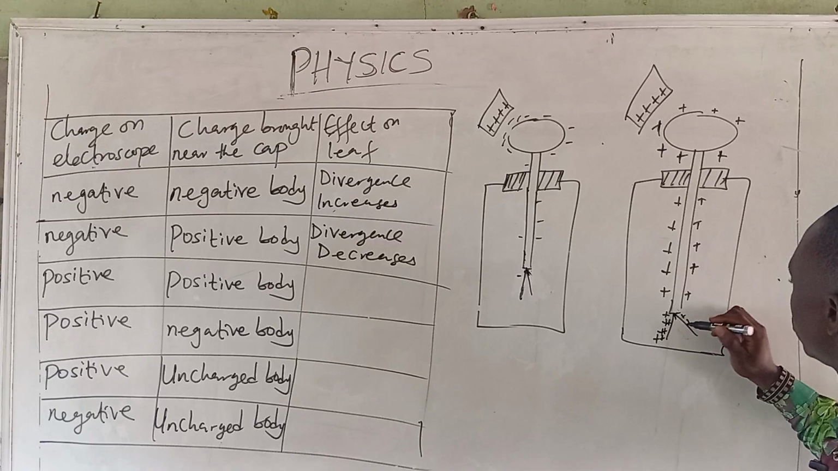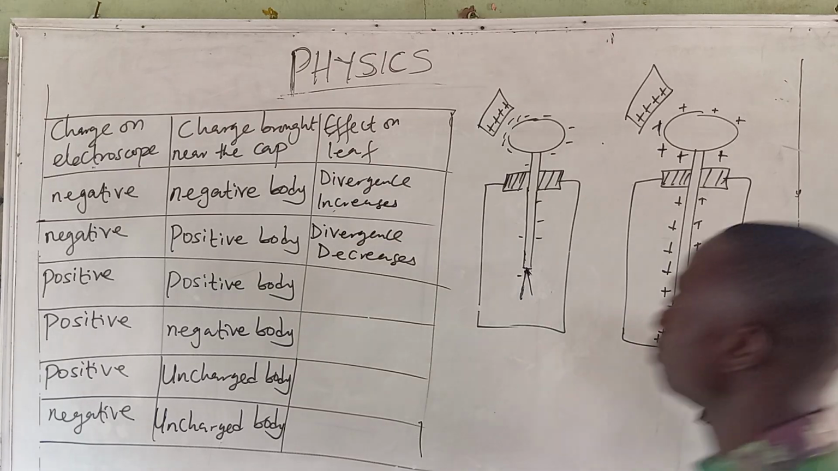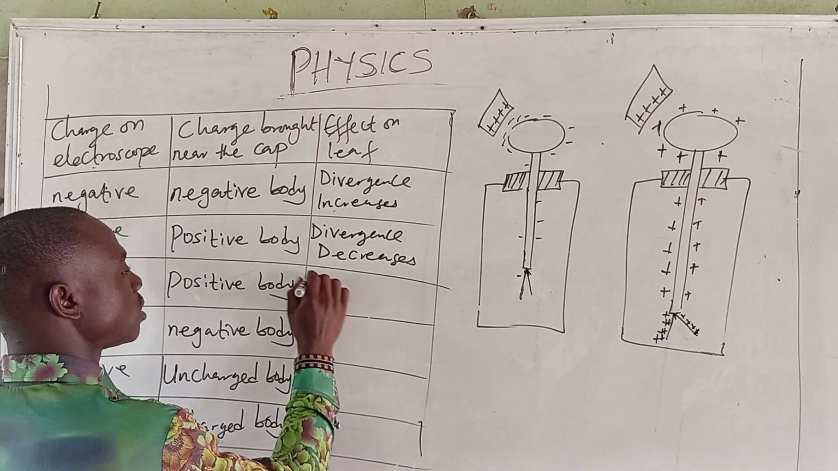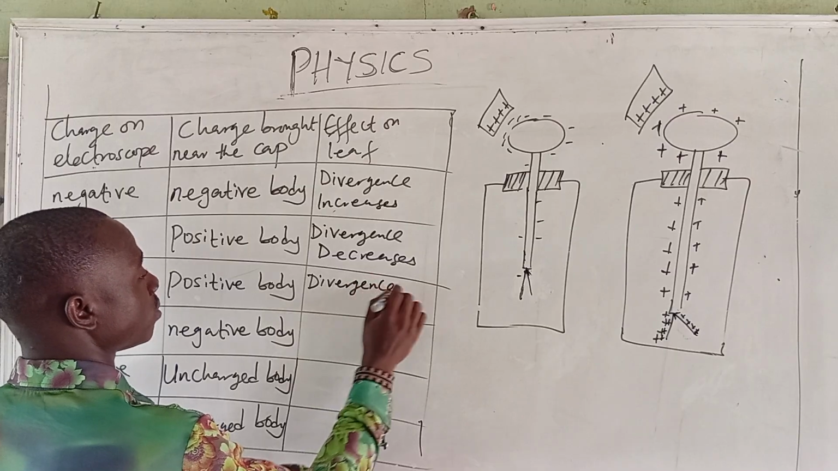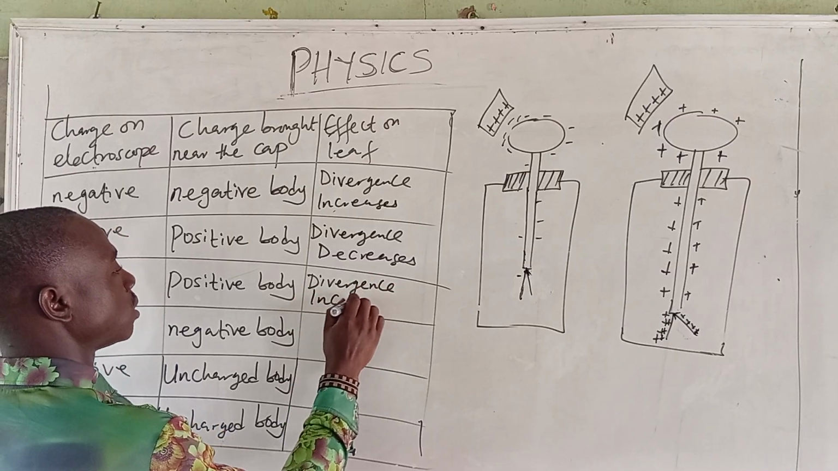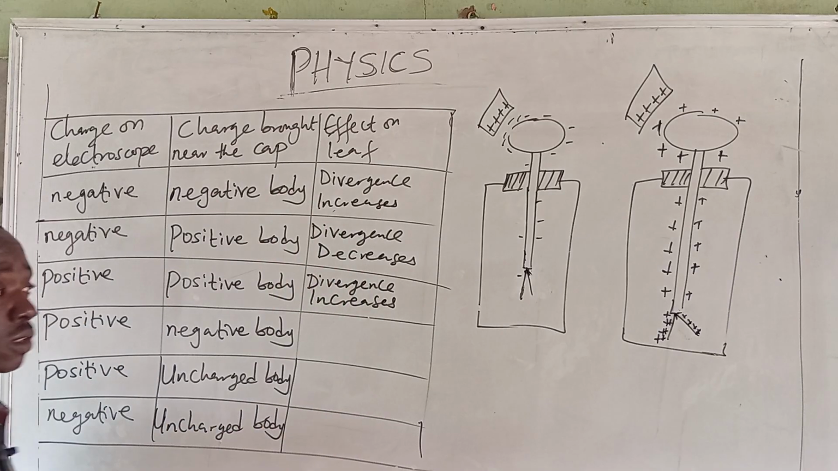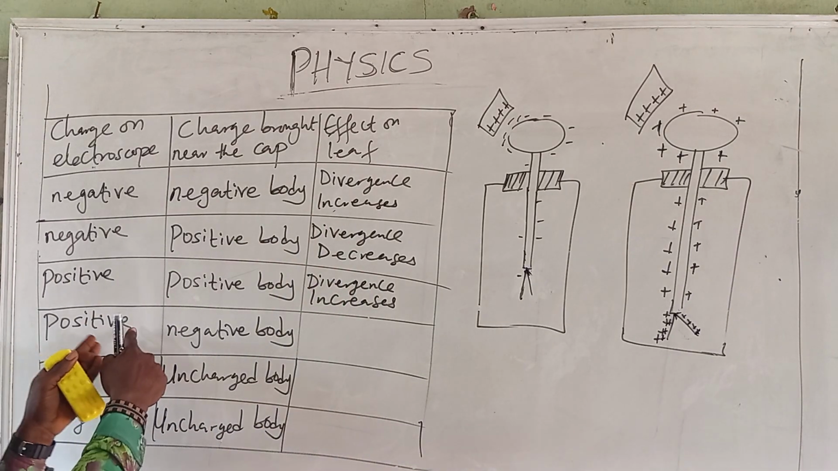So divergence is going to increase. So divergence increases. So you can notice now if you have the same charges being brought near, divergence will always increase. Divergence increases. Right? Now, what if you have